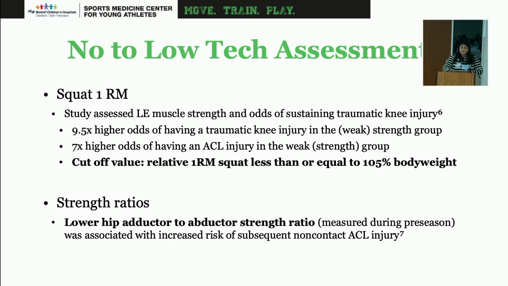But I do want to note that this cutoff value is specifically identified for the female athletes that were in this study. There was no strength-injury relationship observed for male athletes. So I think this is a good takeaway, something I would be applying to my female patients within this patient population, a really easy thing. And of course, depending on where you are within your rehab or treatment plan of care, if you can't do a 1RM, there are ways to calculate that based off of your 10